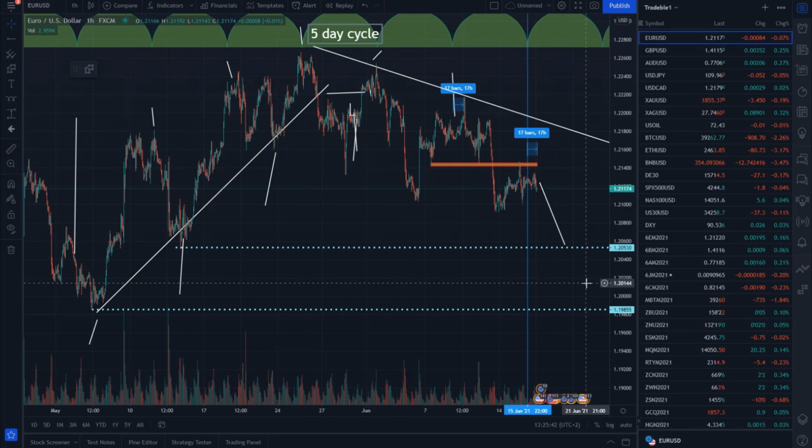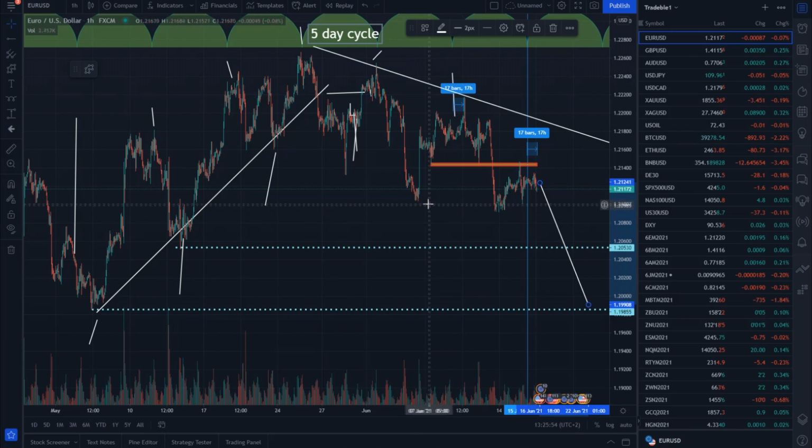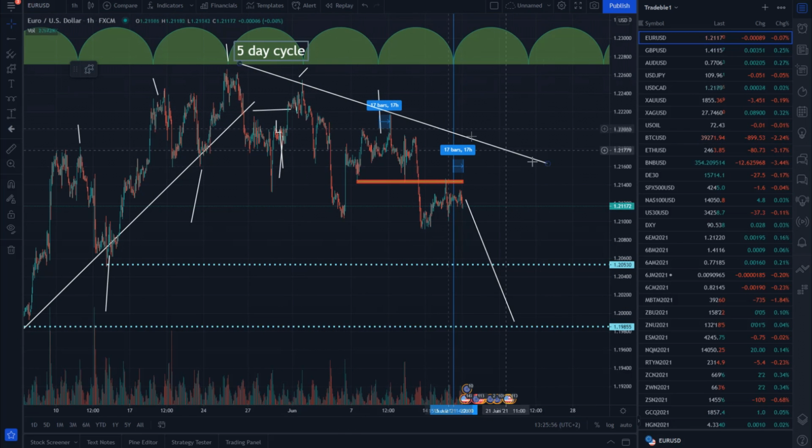So we should expect another downside cycle. Probably that will lead us to 1.2055 and 1.1985. So watch for a bigger downside move on the euro in the next period. The supply trend line is the control, meaning that we got lower lows and lower highs, and we already got 2 lower lows and 2 lower highs, which is technically telling us there is a short-term